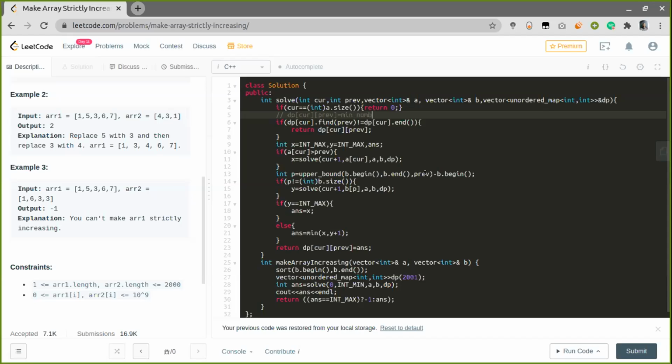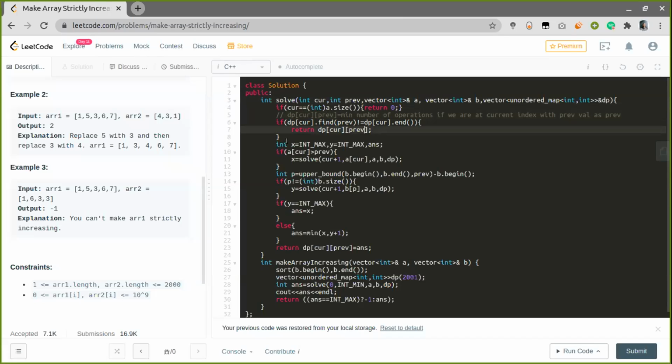number of operations if we are at the current index in the A array with previous value as prev. So this previous value as prev can be either the value in this first array, or we have switched it from the second array. Since we need to explore all the possibilities, prev can take either the value from the first array, or the value from the second array also. So this is the DP state. Now that's memoized.